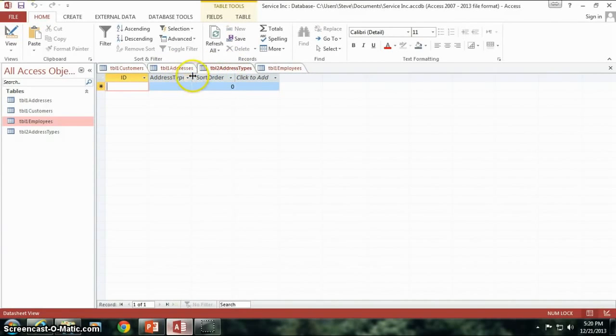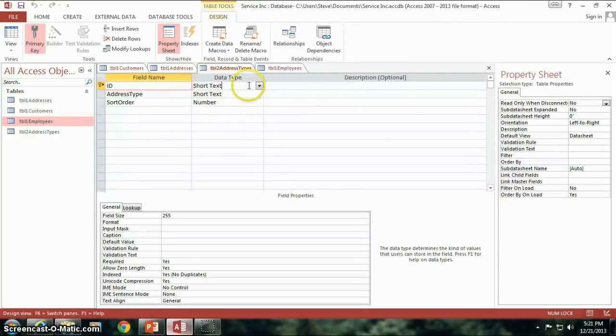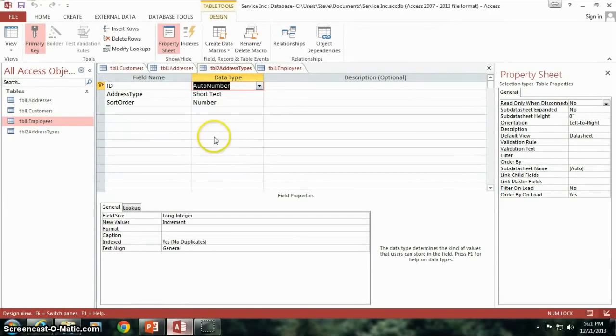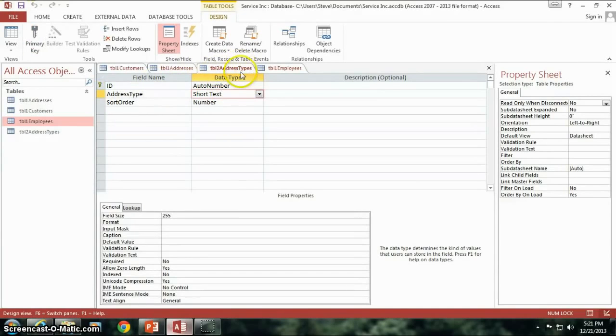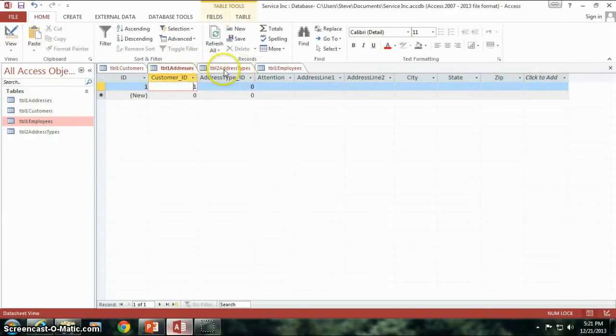Address types. You're probably wondering, what the heck has he got address type for? And I may have screwed up here. Did I make sure? Nope, yeah, it's not supposed to be short text. This should be auto number. There we go. Okay, so auto number, we've got our address types. Address types is kind of important because this is the thing that helps us identify what kind of address we have. And rather than making